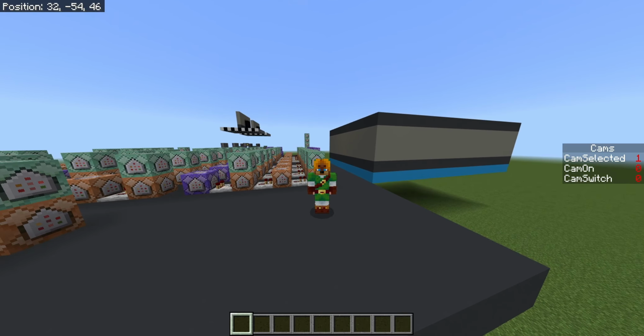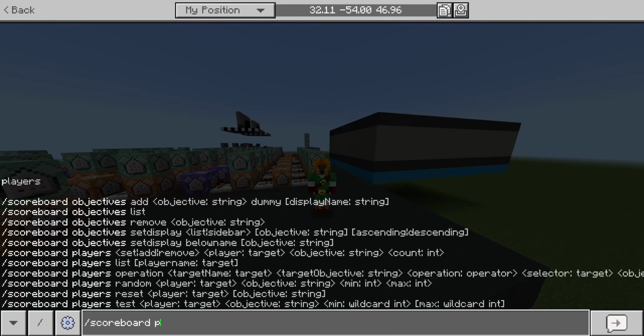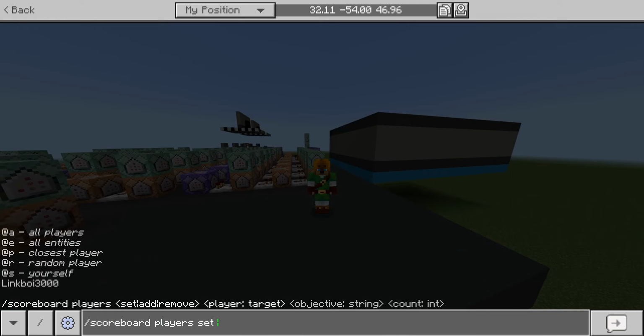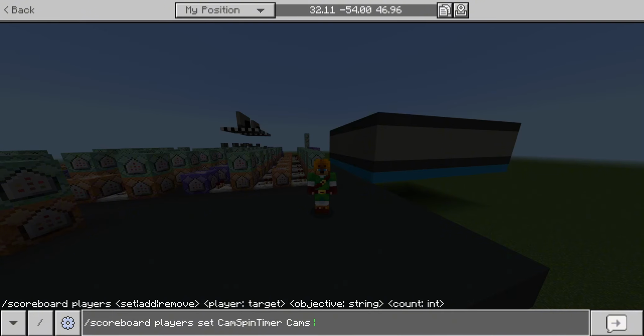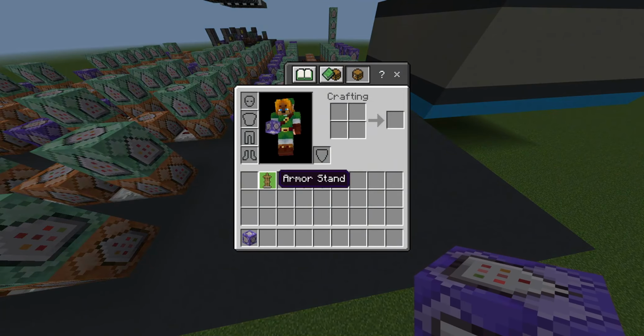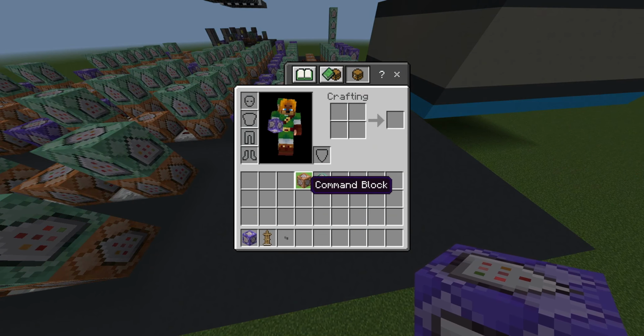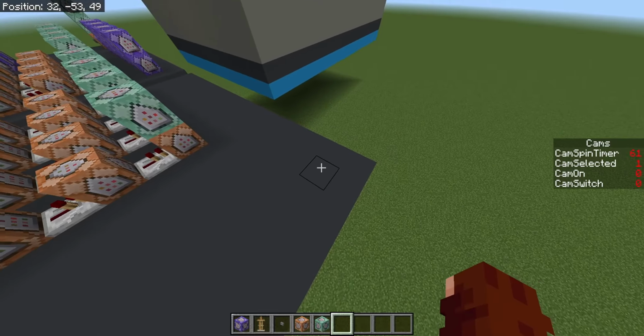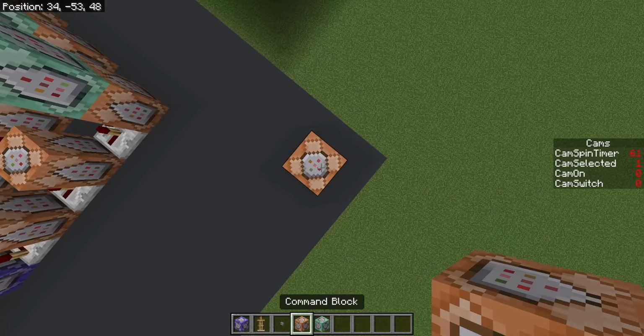And that score being /scoreboard players set cam spin timer, and we're going to set it to our cams, and we're going to set this to 61. Now we're going to take out a repeating command block, an armor stand, a stone button, a command block, and a chain command block. Right here off to the side, we're just going to place this command block right here,